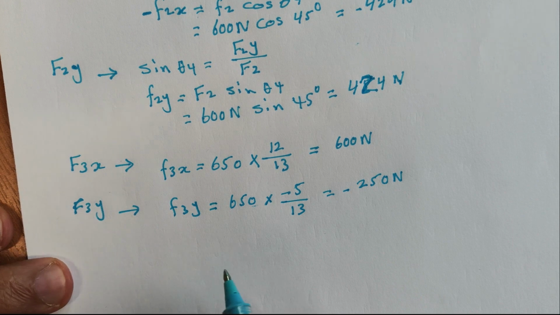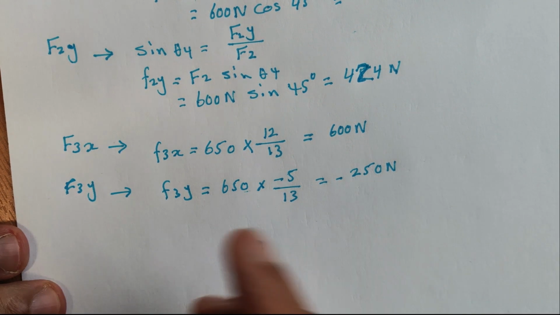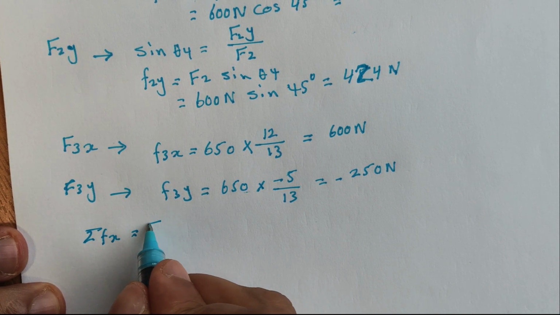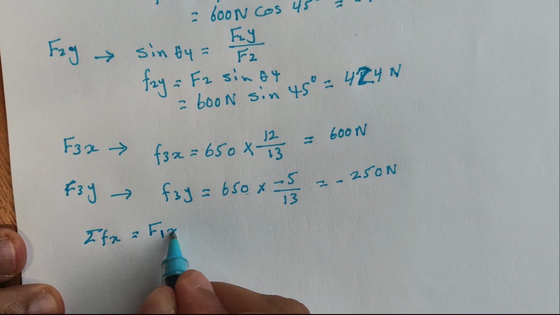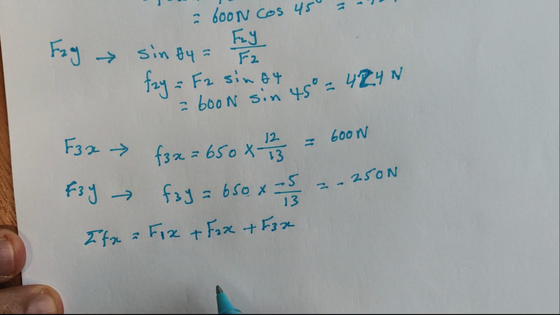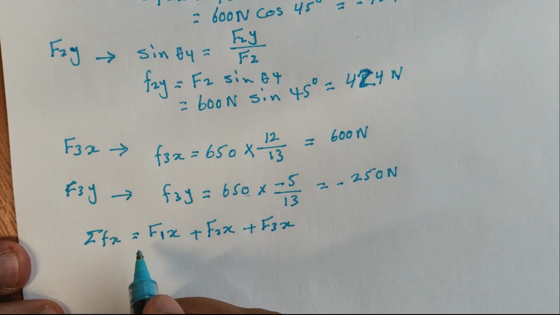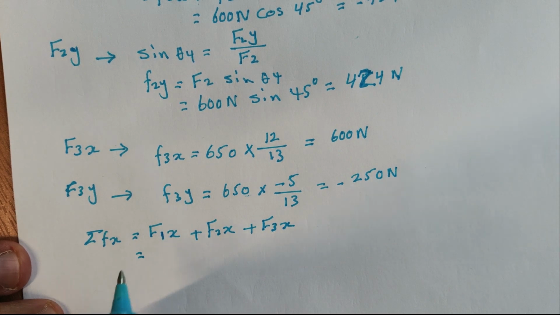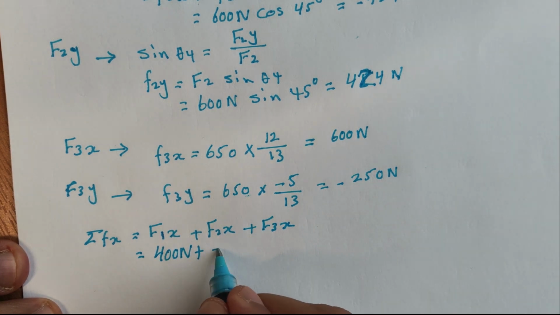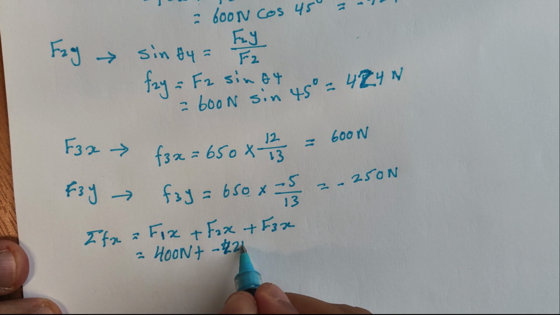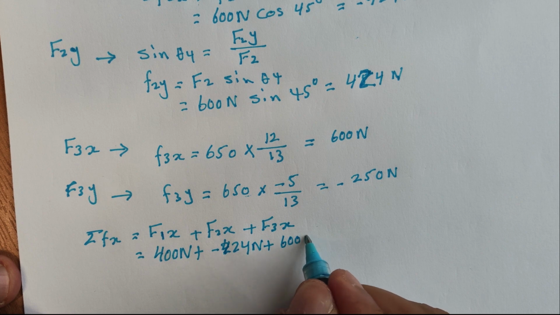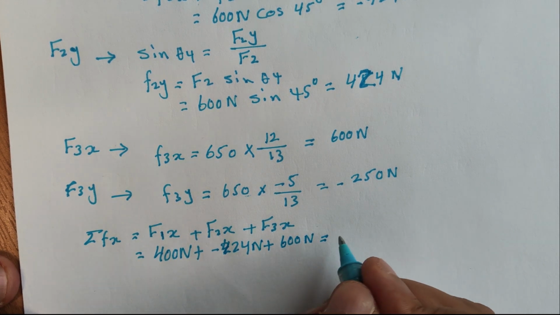Now I can easily get the resultant forces, but before that I need to sum all of the forces. The forces on the x direction equal F1 on the x direction plus F2 on the x direction plus F3 on the x direction. Plug in these values: F1 on the x direction is 400 Newton, plus F2 on the x direction, negative 424 Newton, plus F3 on the x direction is 600 Newton. When you plug all of these values, they should equal